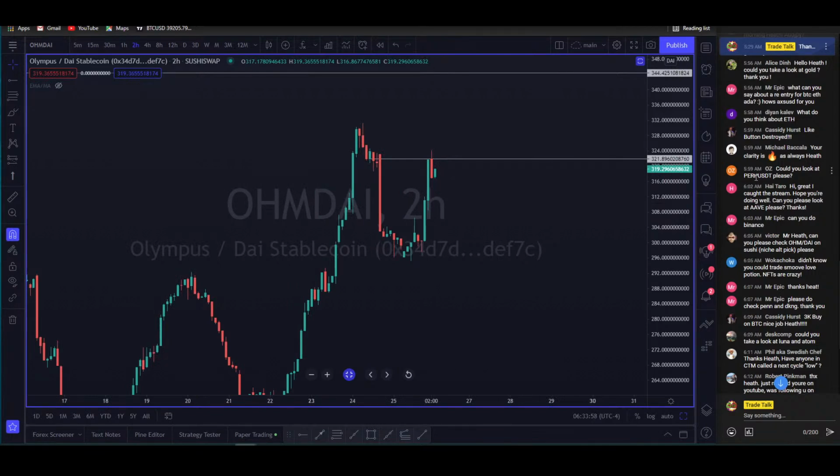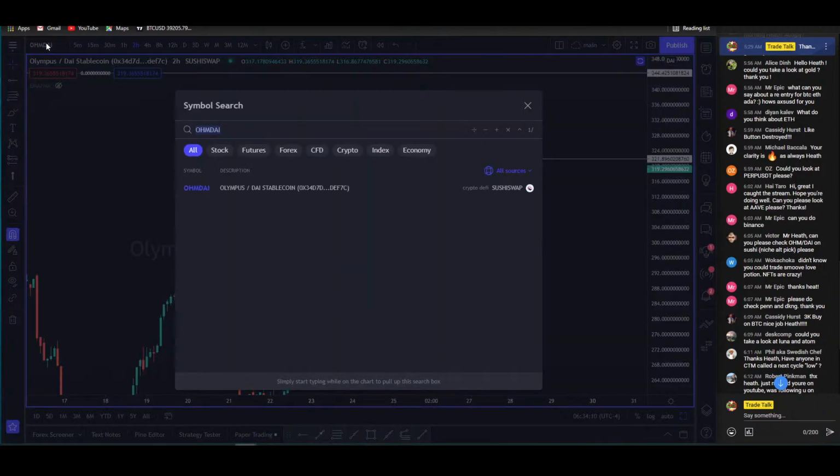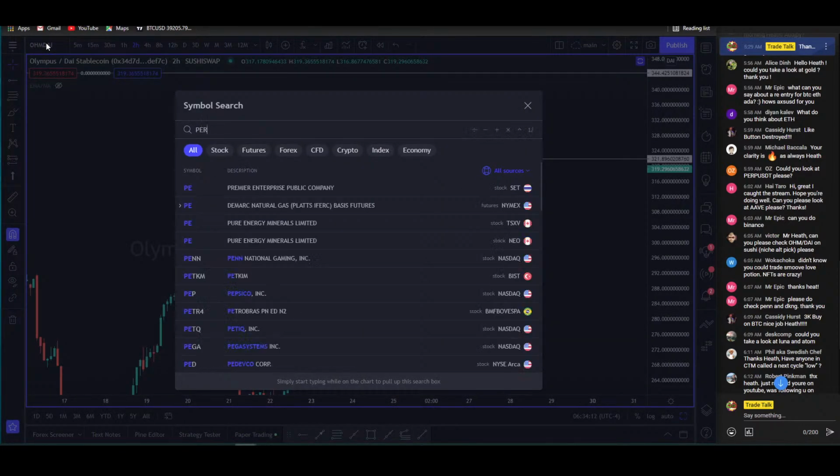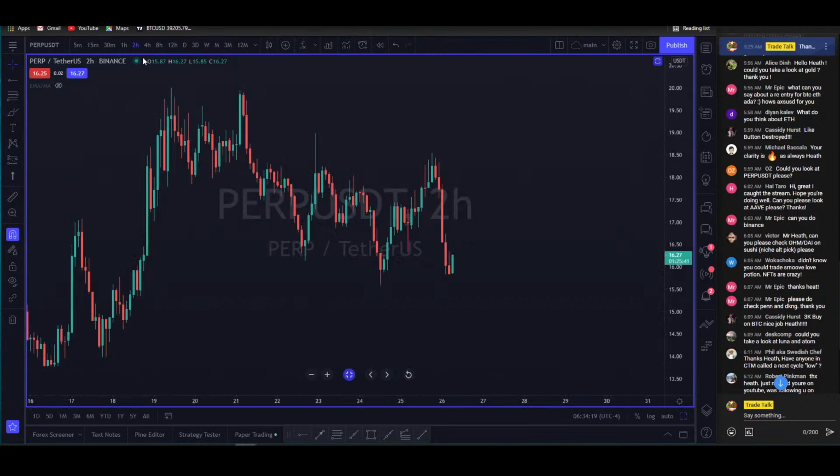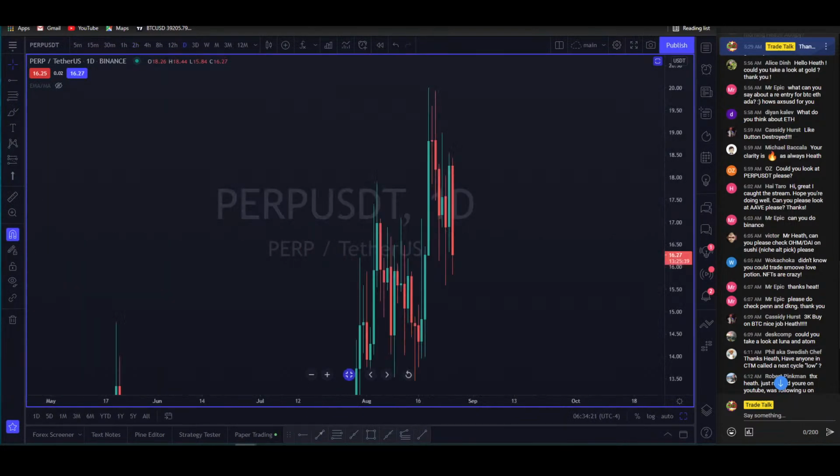So yeah, and why did I not see that? I walked right by Oz's comment, didn't even see it. Perp USDT, and I'm gonna have to start wrapping it up, guys. PERP USDT, as I am looking for positions myself. Binance US, it's going to be a quick one. Just bear with me one moment.